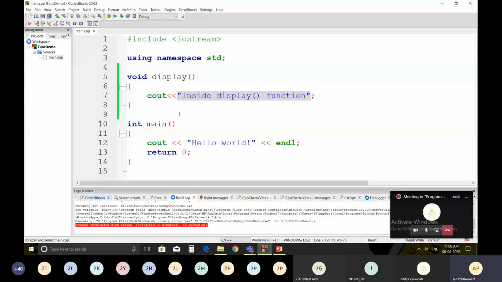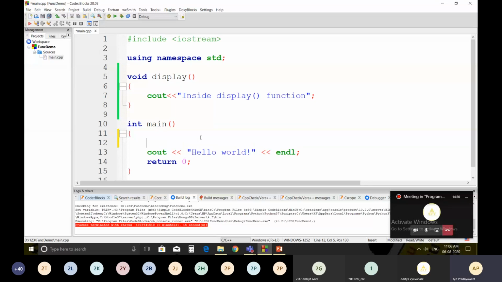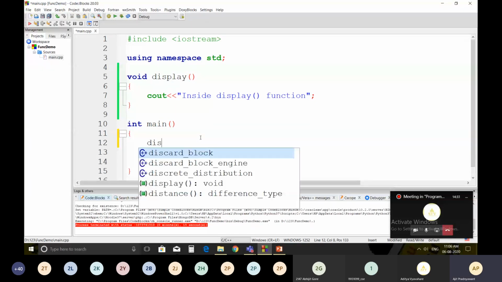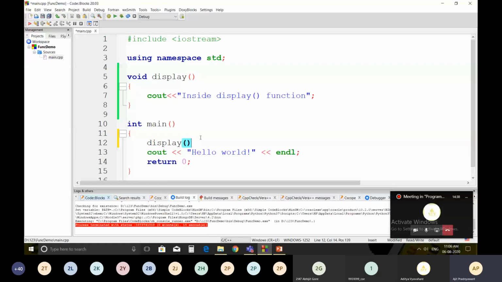But we have not called this from main. So how to call this from main? You have to call it by using the name of the function inside main. Just say display.